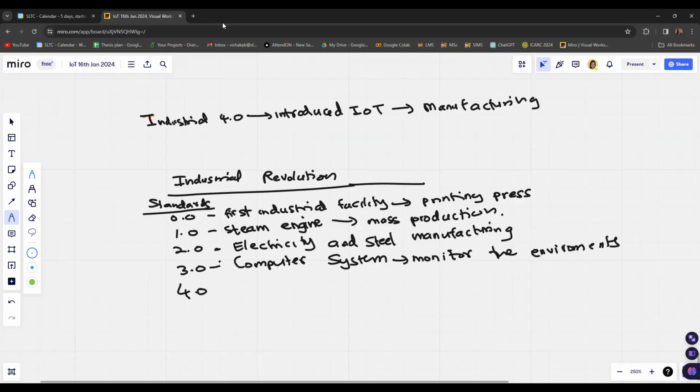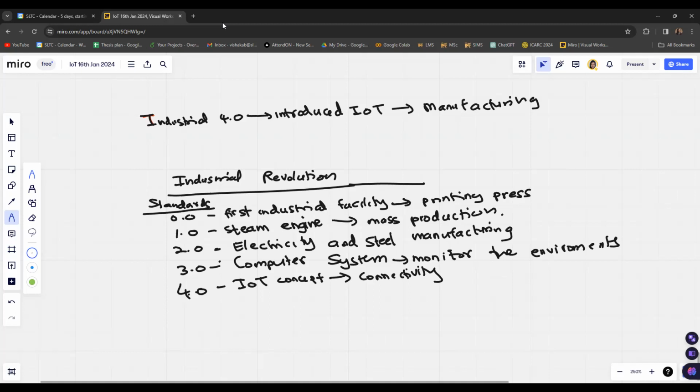Then we have the 4.0 version, where we use the IoT standards, the Industrial Internet of Things concept, in the industrial facility. The IoT concept is integrated in the Industrial 4.0 standard. IoT means adding connectivity to the network.